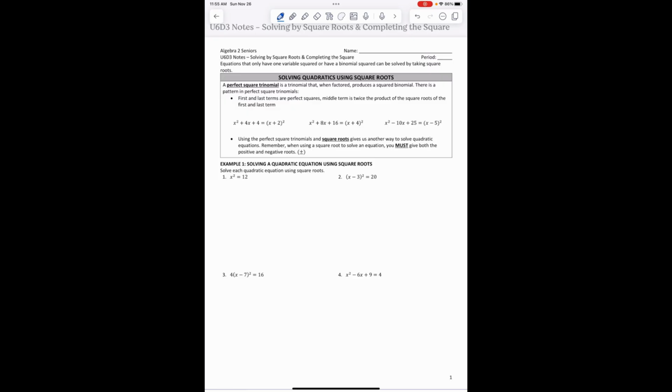Okay? Now, first thing, solving by taking square roots. Not every equation can be solved by taking a square root. It has to be a special type of equation. It can only have one variable being squared or a binomial squared, in order to take a square root. So we have to see something like,